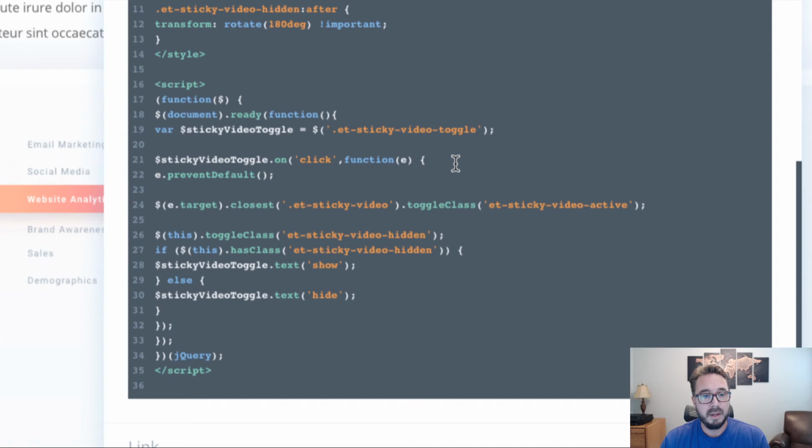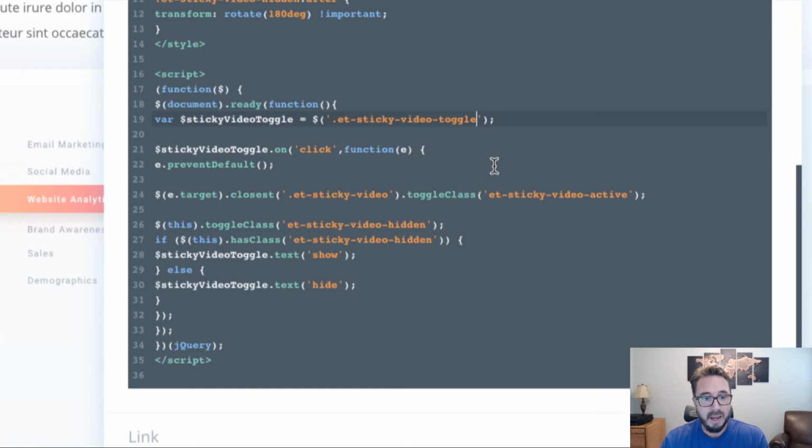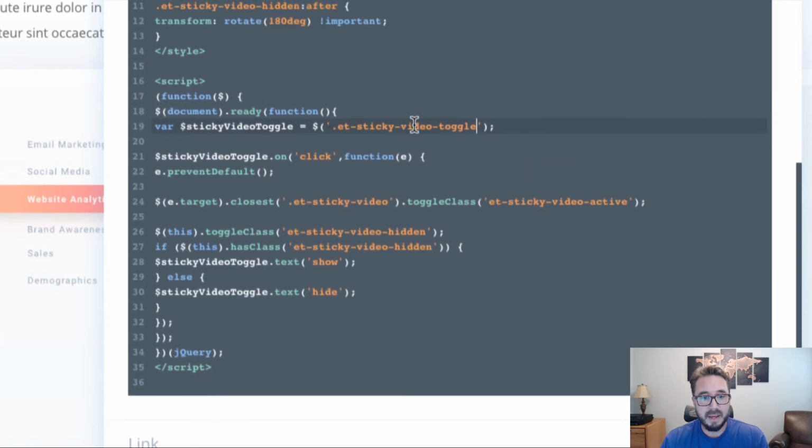jQuery for the button toggle. So this basically just, whenever the user clicks on the button, so on click, the button with this class. In fact, I need to add that class, probably because I don't think I did that yet. I probably rushed and skipped that one, so I'll need to re-add that in a moment. So whenever the button with that class gets clicked,